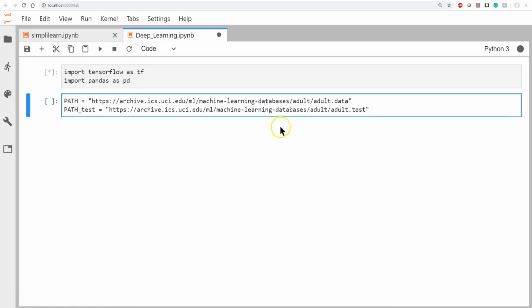It helps to have some data to work with. Here I'm going to create a path and a test path. Let's highlight this whole path. You can always post a note either below in the YouTube video or on Simplilearn.com and ask for this path if you're not quite picking it up. It is at the UCI EDU archive: archive.ics.uci.edu/ML for machine learning, /machine-learning-databases/adult. That's quite a mouthful. In this case, we have adult data and adult test.